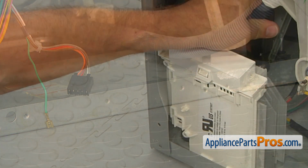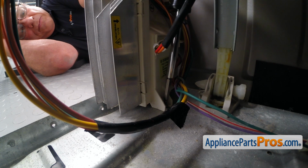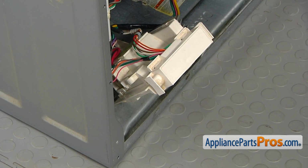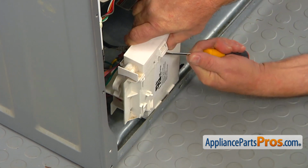Reach behind the motor control board and using the number 2 bit screwdriver, loosen up the mounting screw at the bottom of the control board. Pull out the control board. And next we're going to take off the cover. I'm going to use a flatblade screwdriver, pry it off,